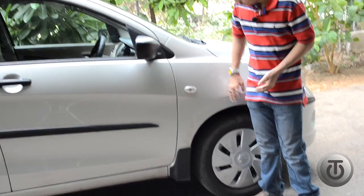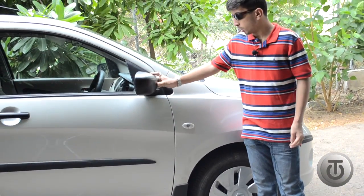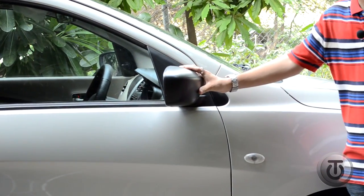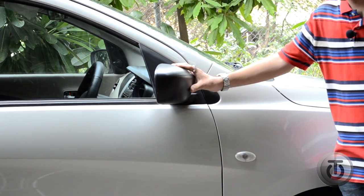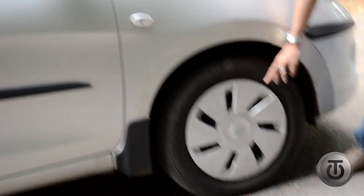Continuing the design, you have the indicators over here. You have the side view mirrors that are not body colored. You get body colored side view mirrors on the ZXI version only, or the ZDI version if you go for the diesel. Over here at the bottom, on the VXI you get